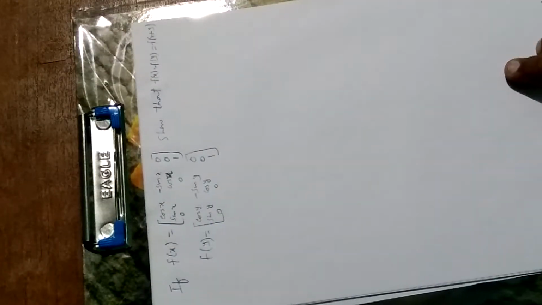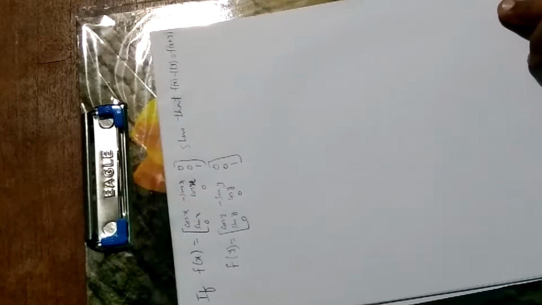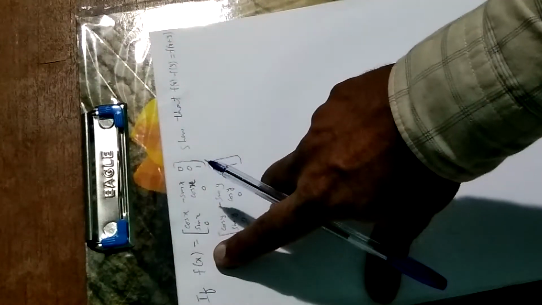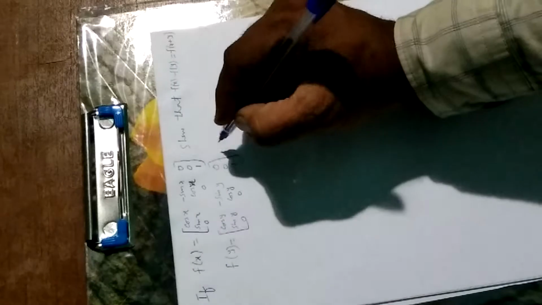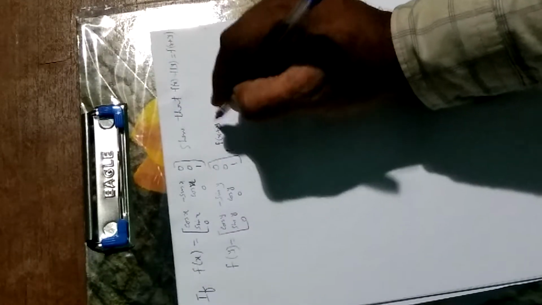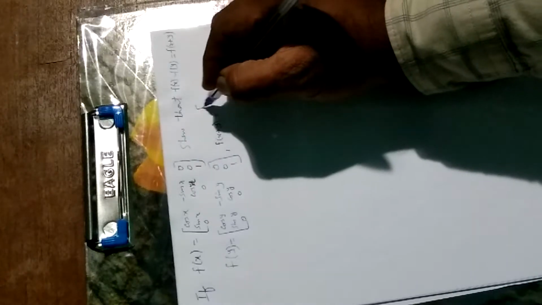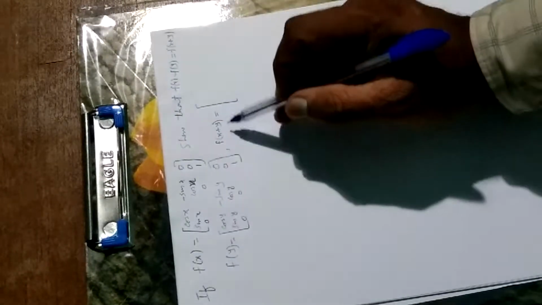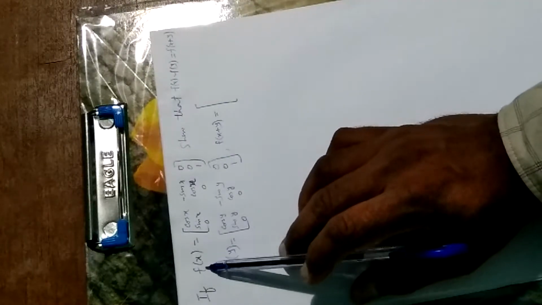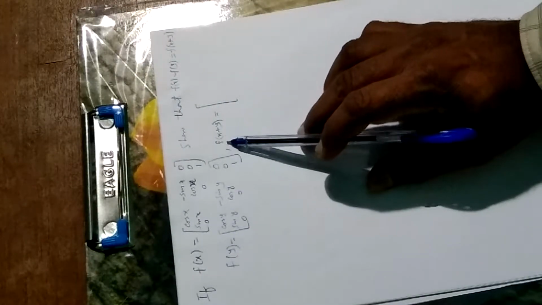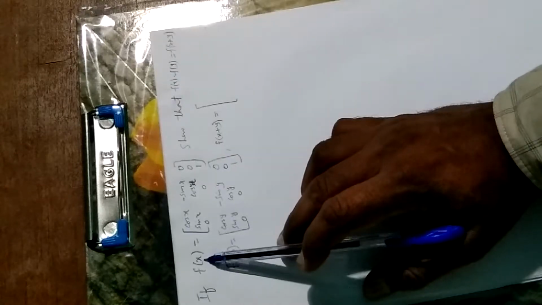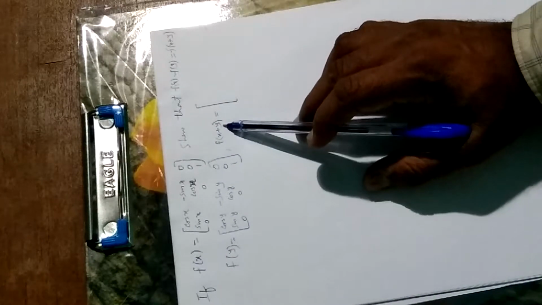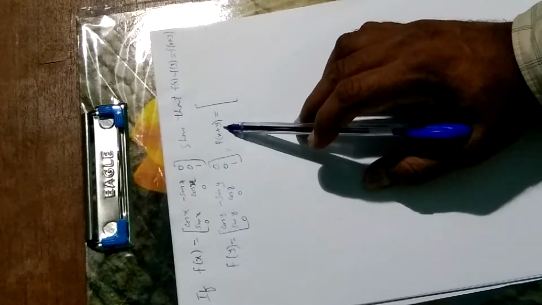Then let's write f of x plus y also. Let's see what happens if we replace x by x plus y. To write f of x plus y, in the given matrix, replace everywhere x by x plus y. As you can see here, it is f of x. We have to write f of x plus y. So just remove x and put x plus y. That will give you f of x plus y.